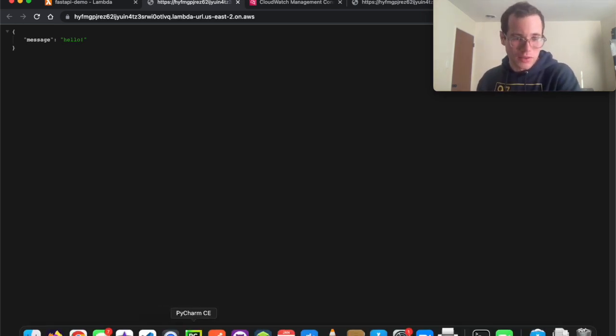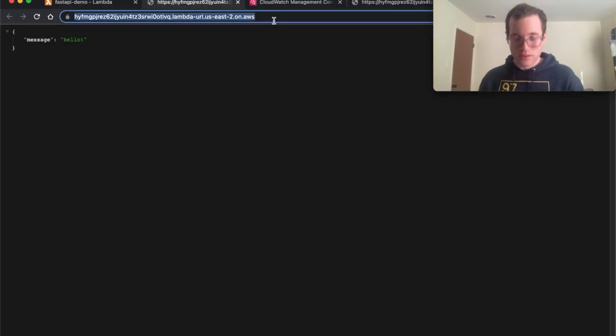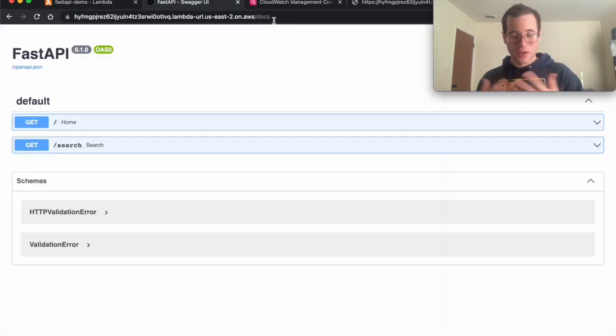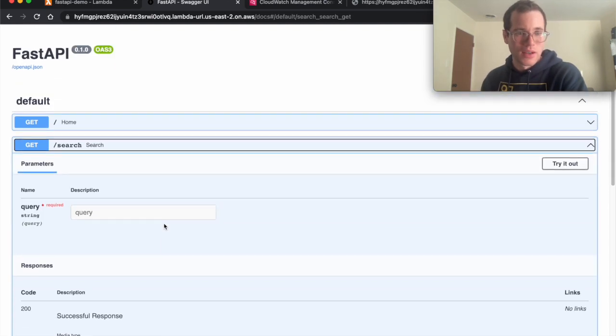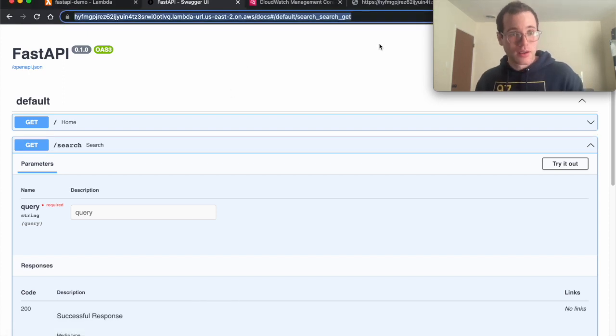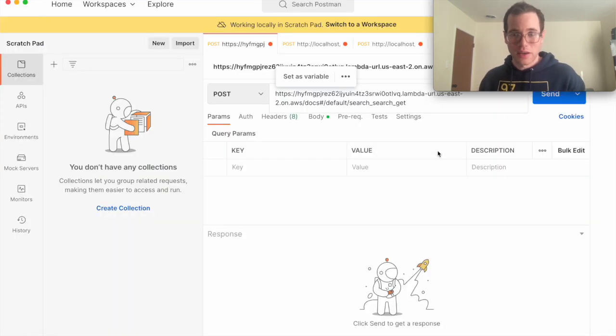And so it's returning the same exact code that we expected it to right here in our main.py, that message hello JSON. And then you can see that we can also do other things with this, because this is a FastAPI app, if we go to /docs, it's going to give us a very nice UI for people to see the other endpoints that our service has. So this search endpoint, and then you can also do things like open up Postman, and we're going to copy this. And if I go here and paste this in,